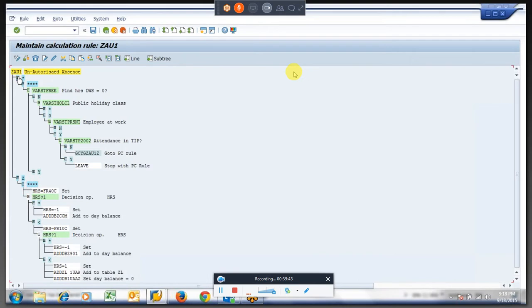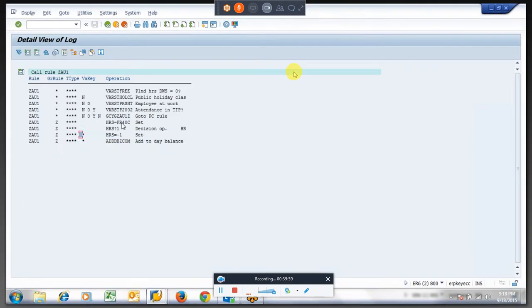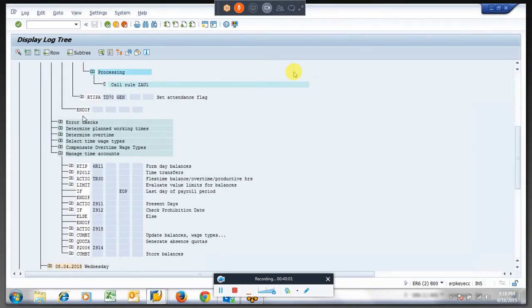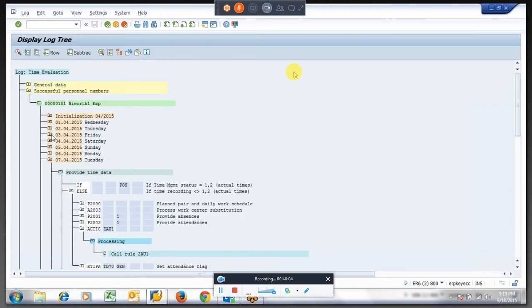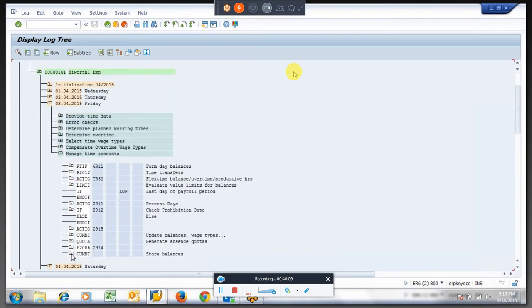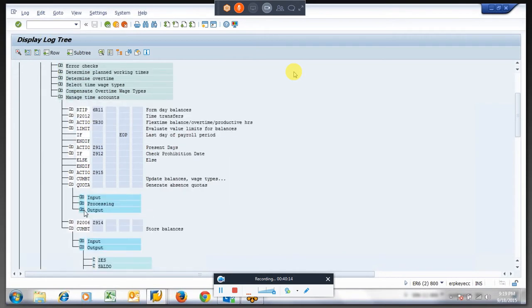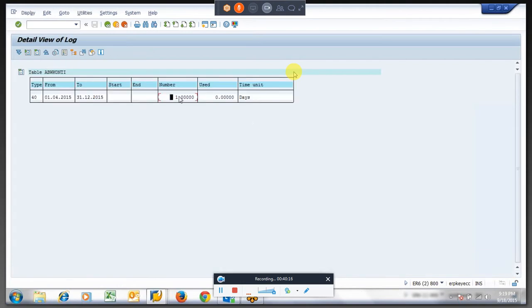So following the logic, we went up to Z, right? It is telling it is going to start and it is generating 1. So this FR40, the quota having some number 1, even though there is no quota in PA30. How it happens, I think, is on the 3rd, which is a public holiday, there is an attendance we entered, and the quota is generated for a day. I hope, right? This is the one. The quota was generated over here.